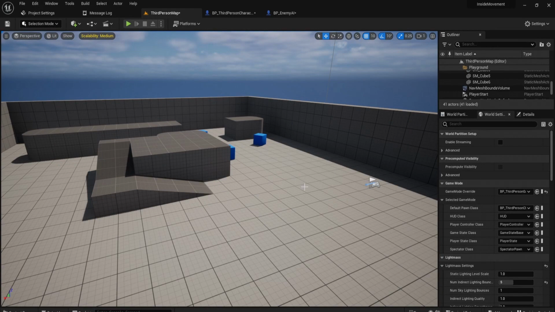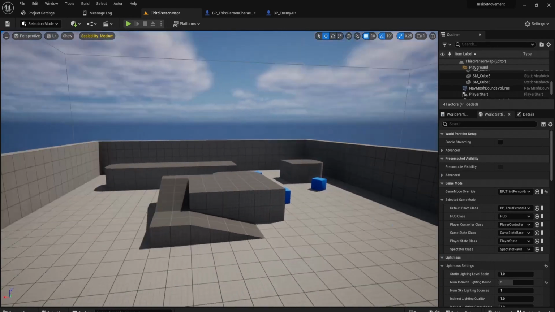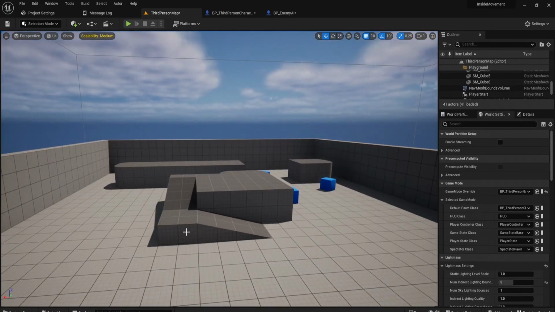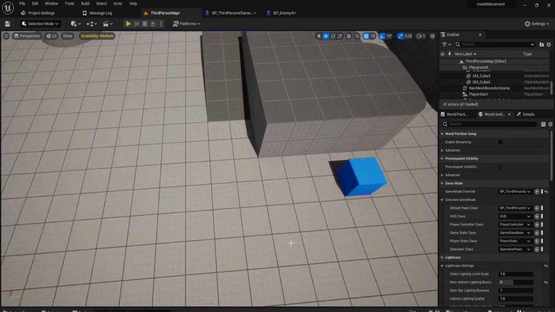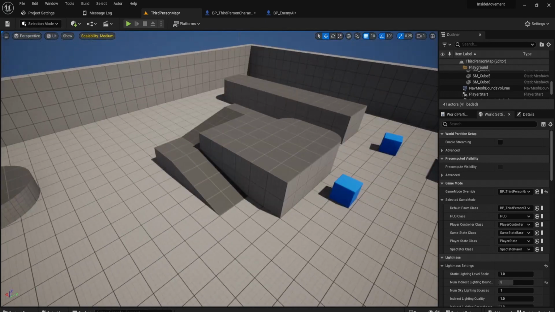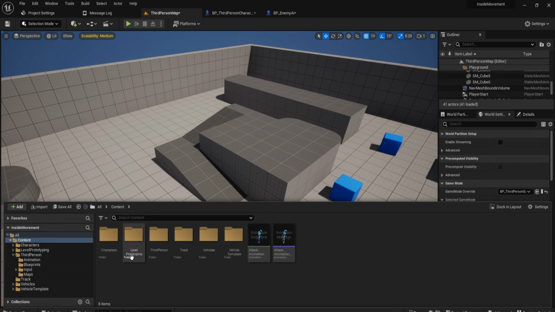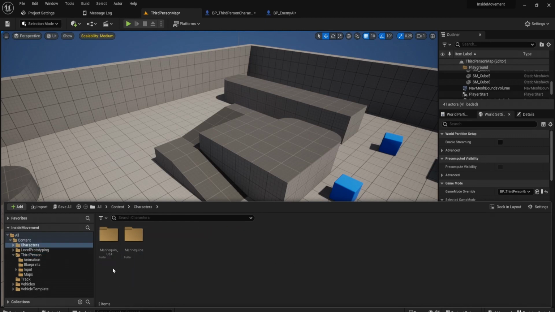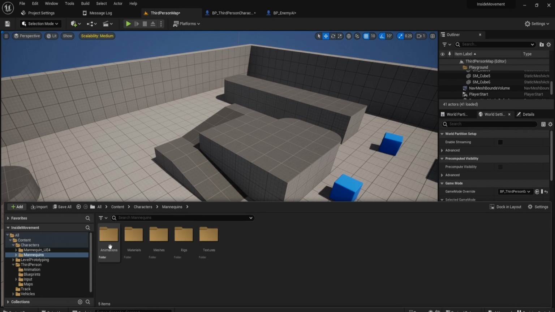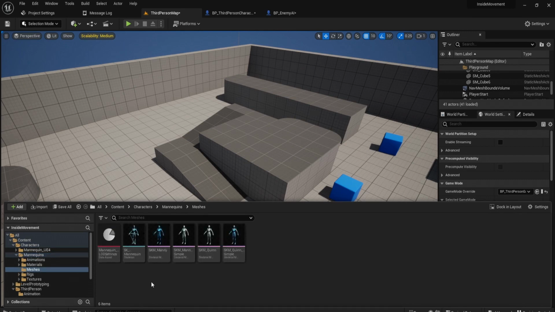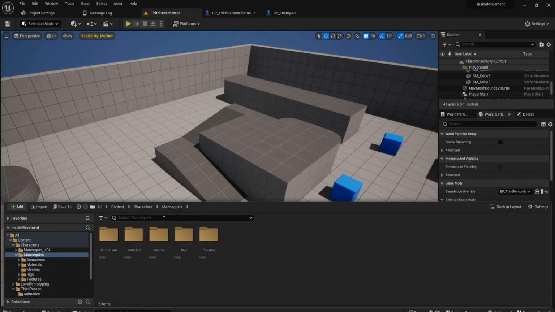Hey everyone, in this episode we're going to create a Ragdoll system, and this is going to be for the Unreal Engine 5, and we're just going to be working with the base third person character. And this is really simple, so before we do anything, what we're going to do is find our third person character. So we're just going to go to character mannequin, and let's find our mesh, and it should be